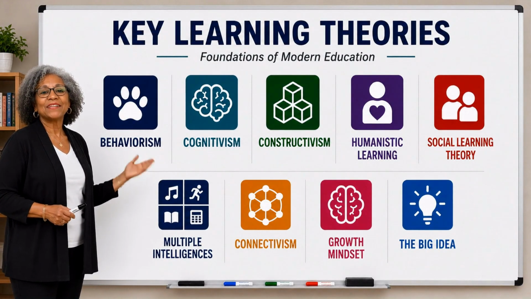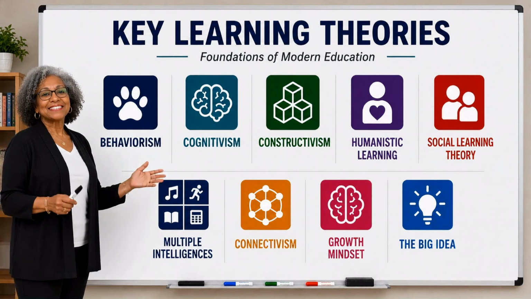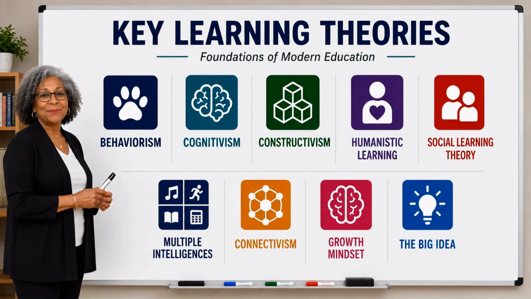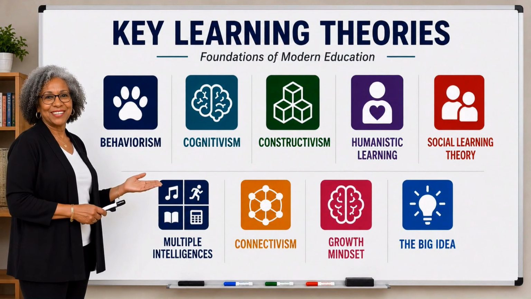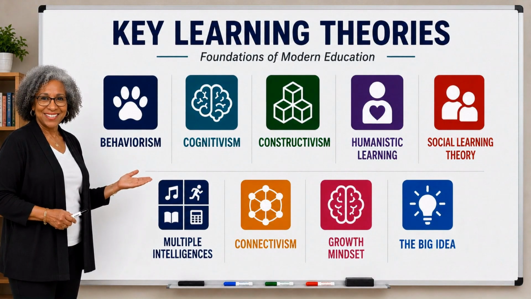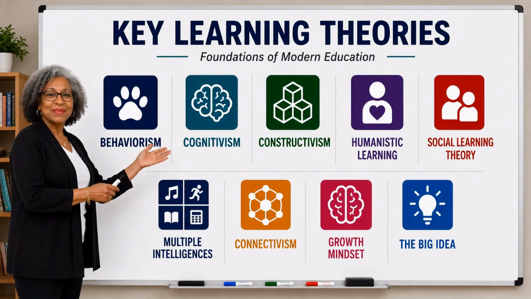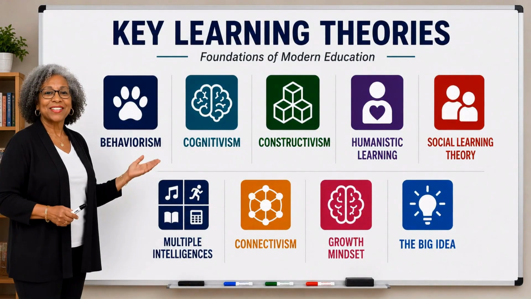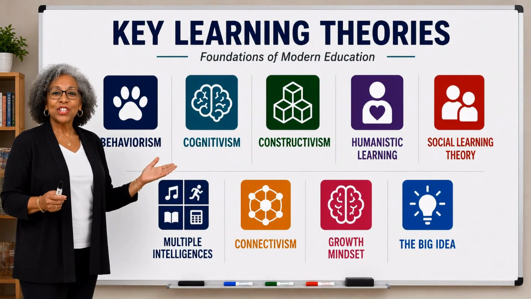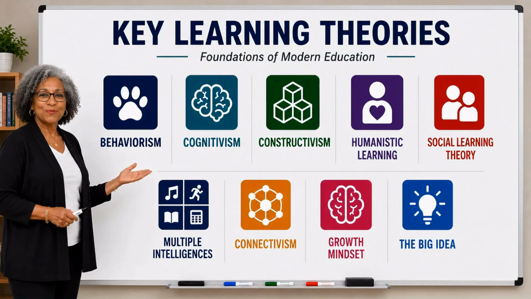Ivan Pavlov developed classical conditioning. His famous experiments demonstrated that learning can happen through association. Dogs learned to associate the sound of a bell with food, eventually responding to the bell alone. John B. Watson expanded behaviorism by arguing that human behavior is strongly shaped by environmental conditioning. He believed psychology should focus primarily on observable behavior.